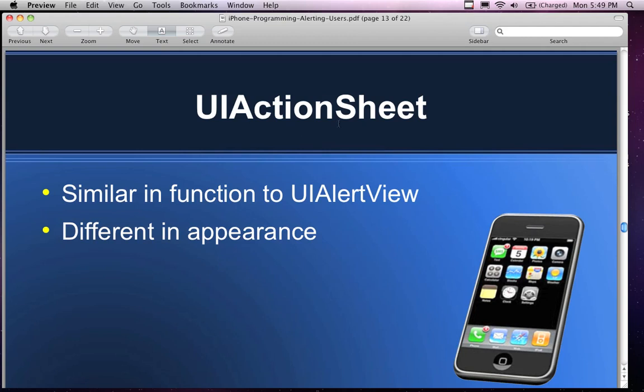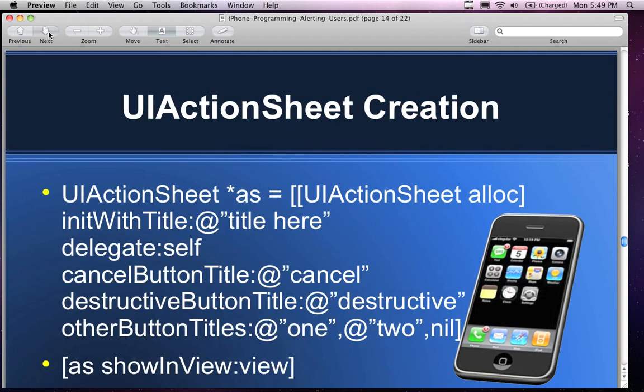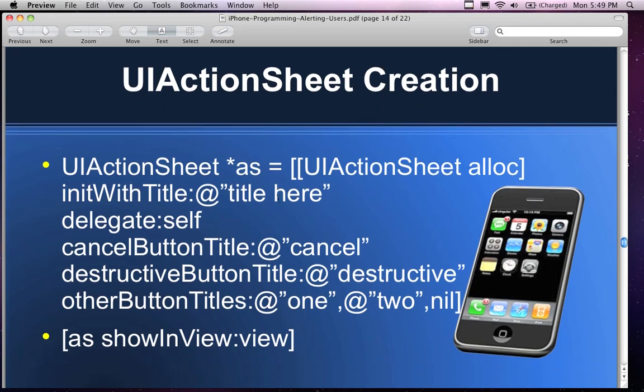So in terms of the action sheet versus the alert, similar in function to the UI alert view, different in appearance. So the action sheet, you're allocating it the same way, in a very similar way. You've got a title that you're setting. You have a delegate to set to self, but you can set the delegate. The cancel button title, cancel. The destruction button title, destructive. Other button titles set to 1, 2, 3. And as shown in the view,